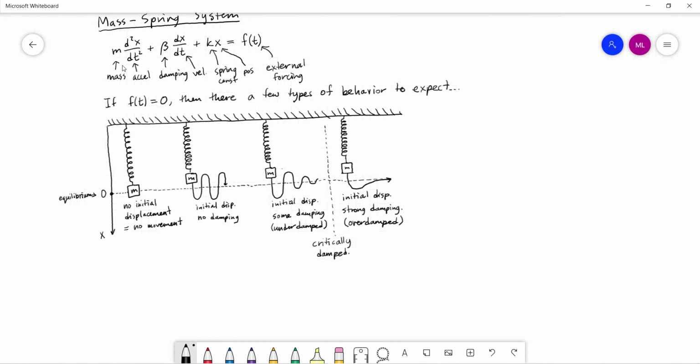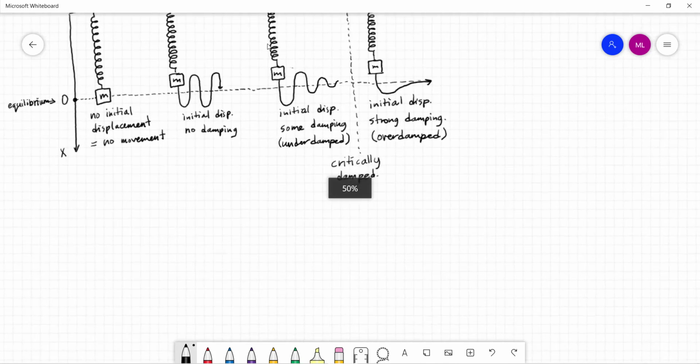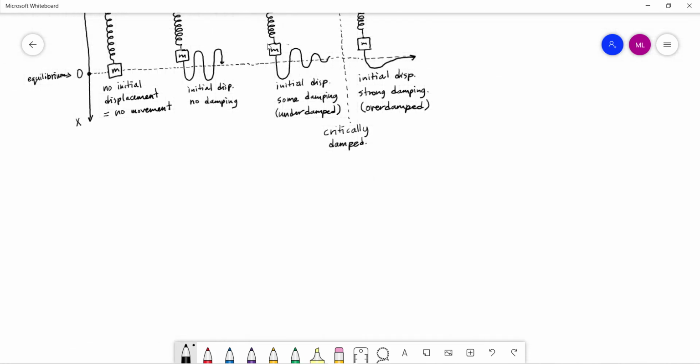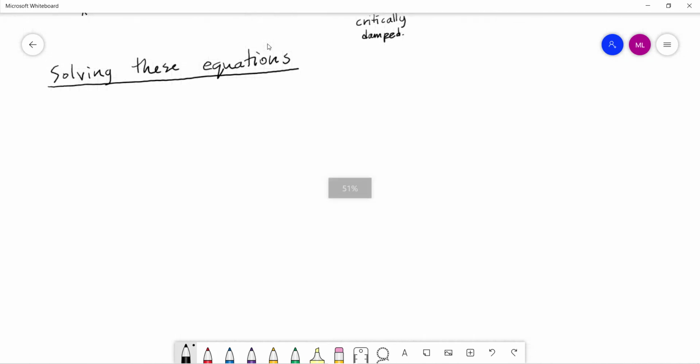And so that's usually the first step: we're going to take this equation and divide through every single term by the mass and rename things. Okay, so how do we solve this? So, solving these equations. Okay, so instead